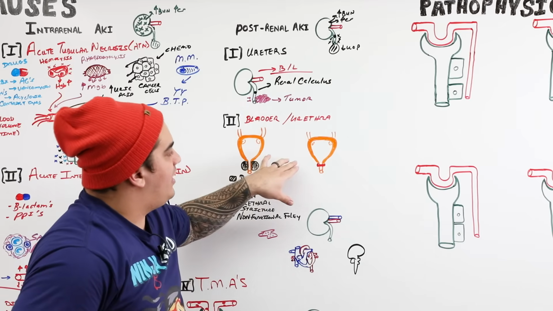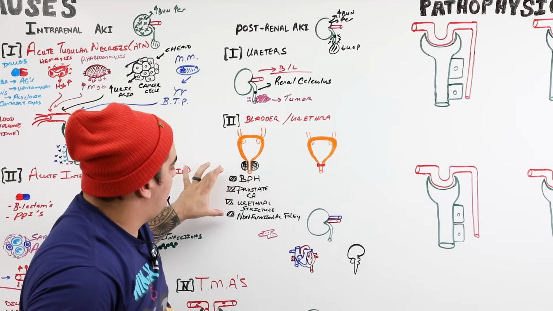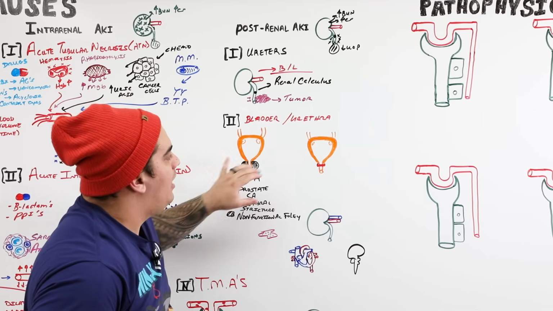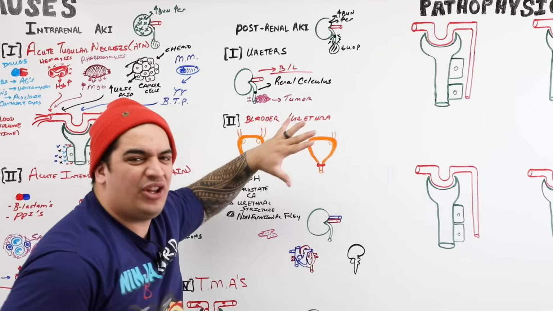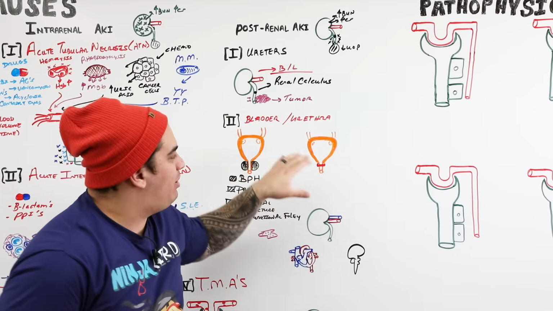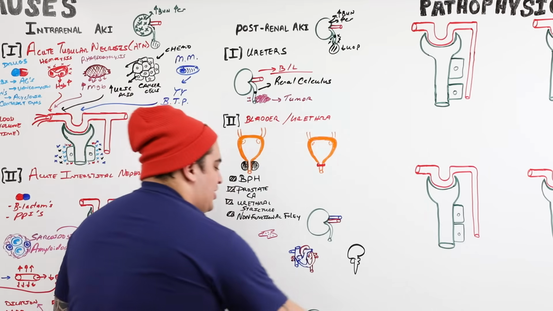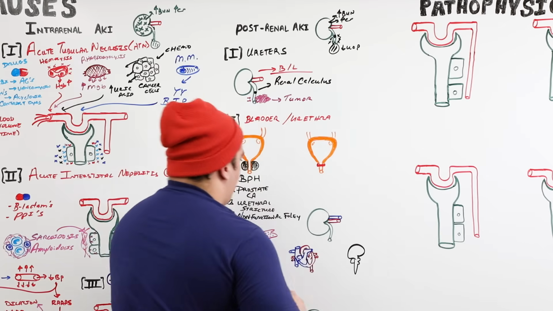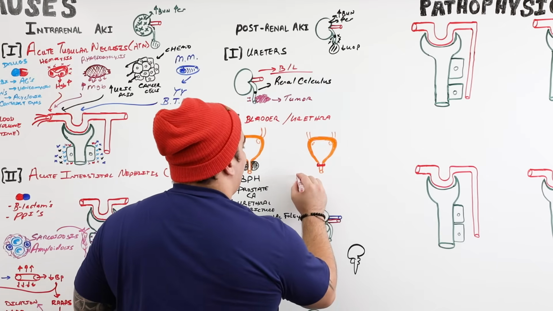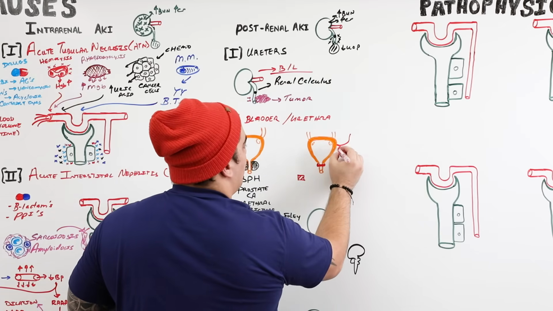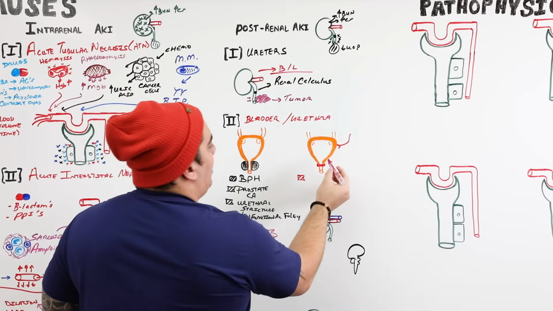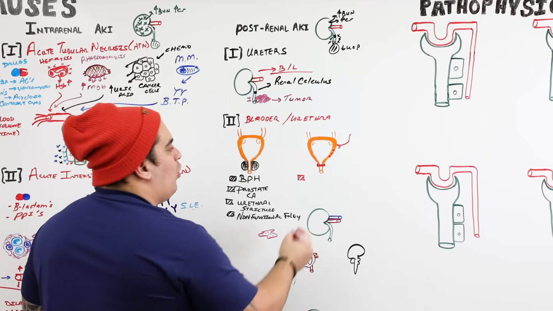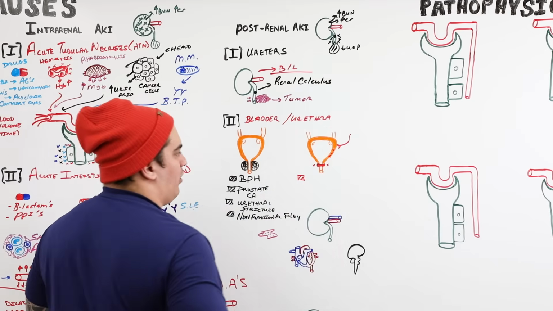The other thing to think about is that maybe it's not an obstruction, whether BPH, prostate cancer, urethral stricture, or non-functional Foley. Maybe it's actually something wrong with the bladder, which just isn't good at contracting. If the bladder isn't contracting well, it isn't able to empty its contents. Maybe there's something wrong with the nerves that supply the bladder, or with the muscle itself, or the urethral sphincters just don't react as much.